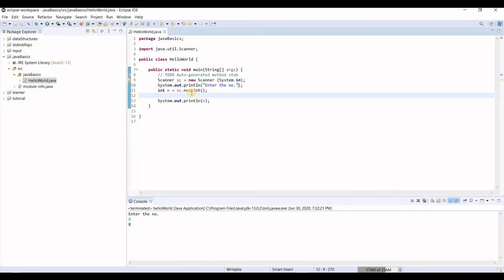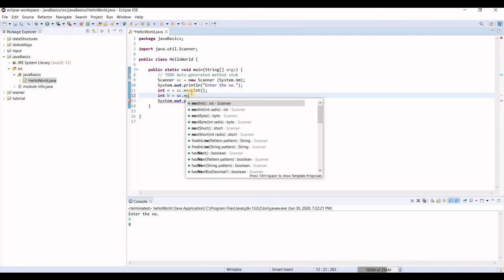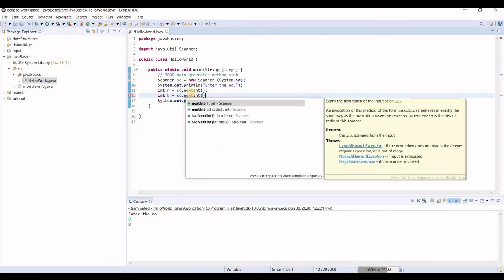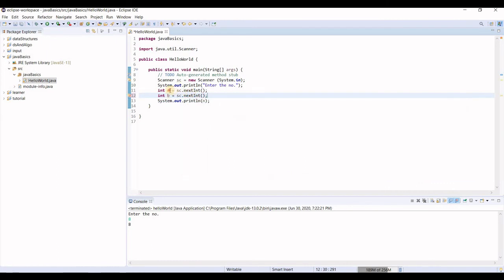Now I want to add two numbers or multiply two numbers. So what we will do, int b equals sc.nextInt. It will take another number as input. Let's do this as a, and we are printing addition over here, a plus b.